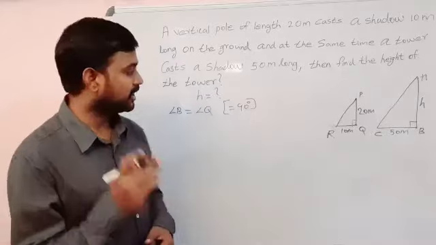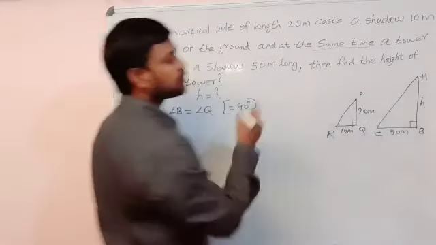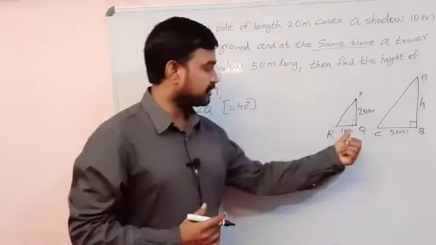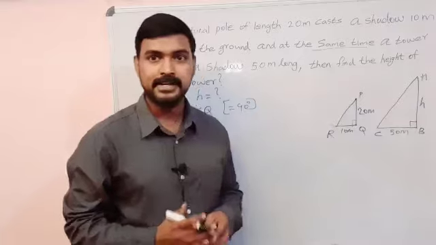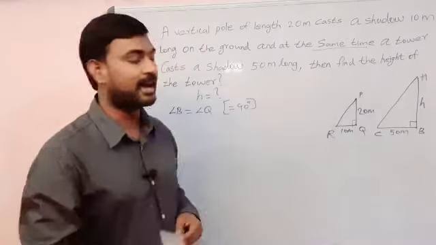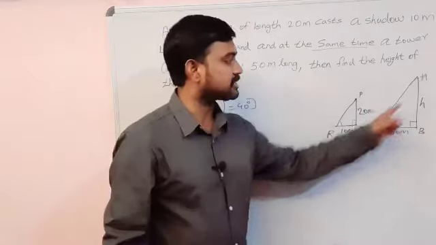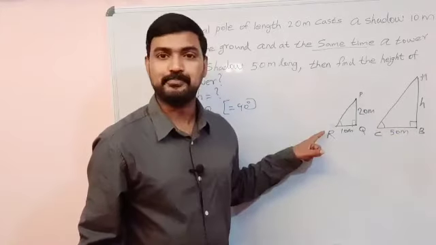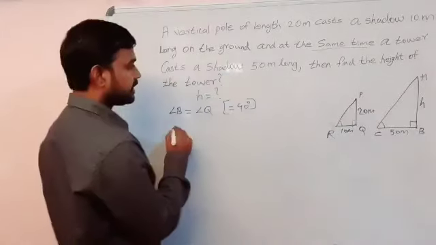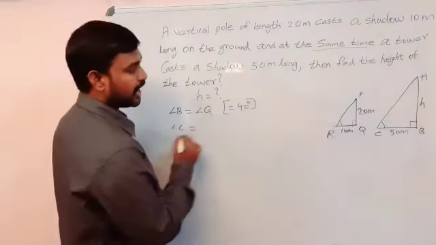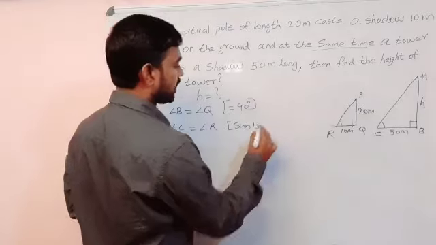So my dear students, we can come to the problem again and think of the sentence which says that at the same time we are observing the tower. When we observe the shadow of this pole, at the same time we observe the shadow of the tower, which means at the same time the sun's altitude will make the same angle. Because the shadow is created according to the height. So these two angles are formed by the length of the shadow. So these two angles will be equal because of the sun's altitude. So we can write that angle C is equal to angle R. What's the reason? Sun's altitude creating the angle.